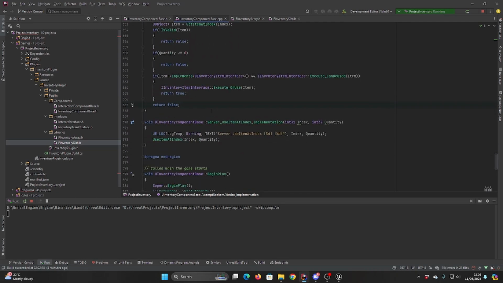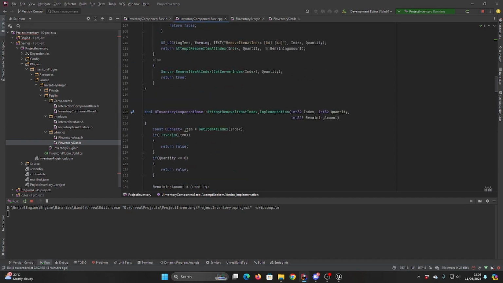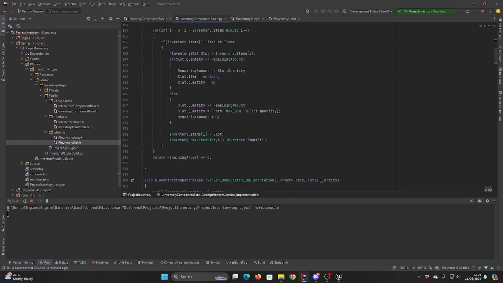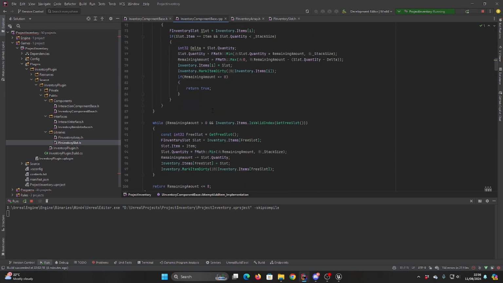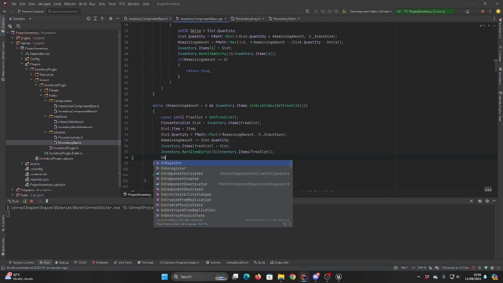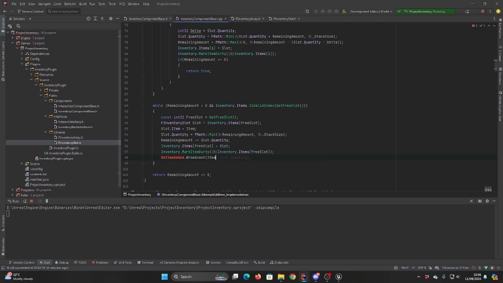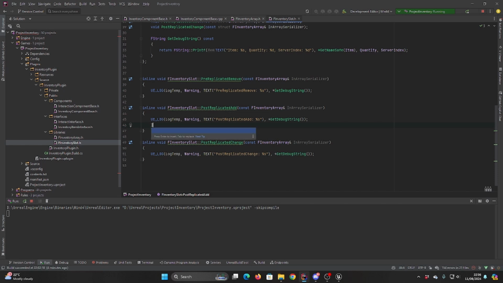So when we come down here on use, or rather if we go up to, let's go with when we want to add an item, such as here, at the end here, what we can do is we can also call a function here, say on item added, and then in inventory slot, when we add something here, we can also call in array serializer dot inventory dot on item added,